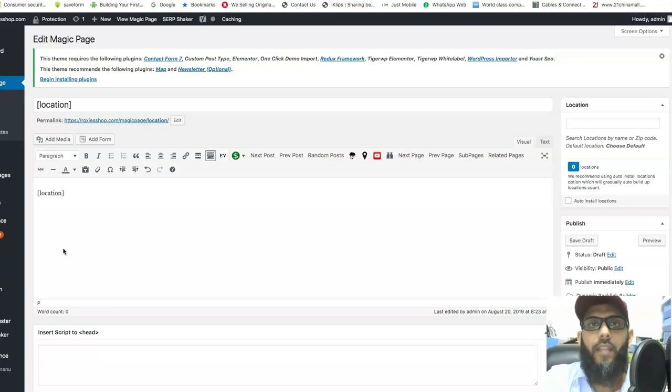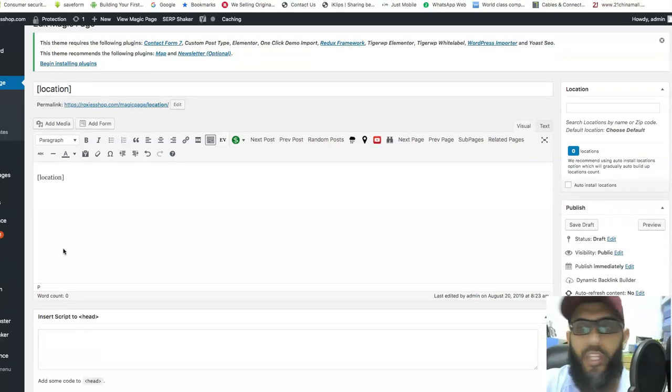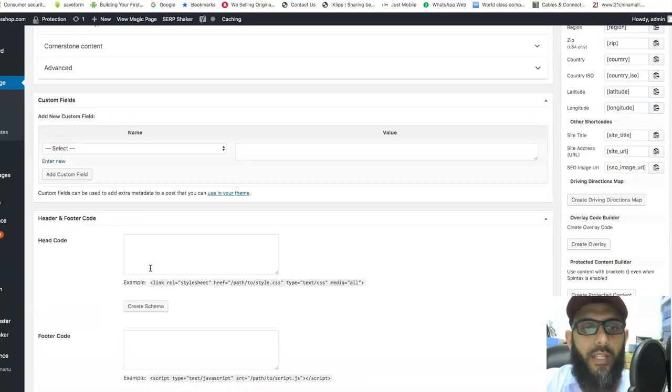So automatically, if it is 500 locations, 500 city names or 500 county names will be on that page. Each and every time someone opens it in Manchester, it will show as Manchester. When somebody opens it in London, it will show as London. That's how the name comes up. That's the power of shortcodes. You can use all the cities. So this is what it is.